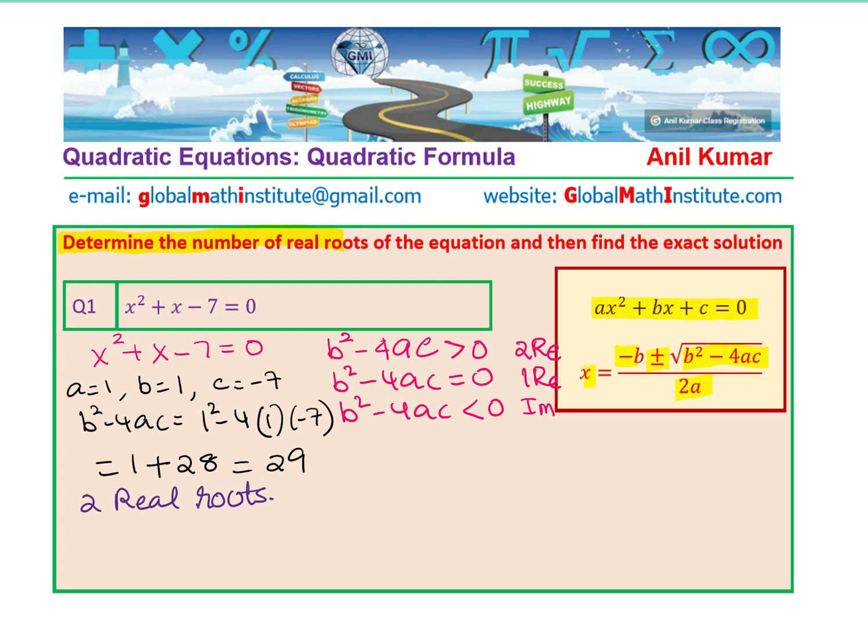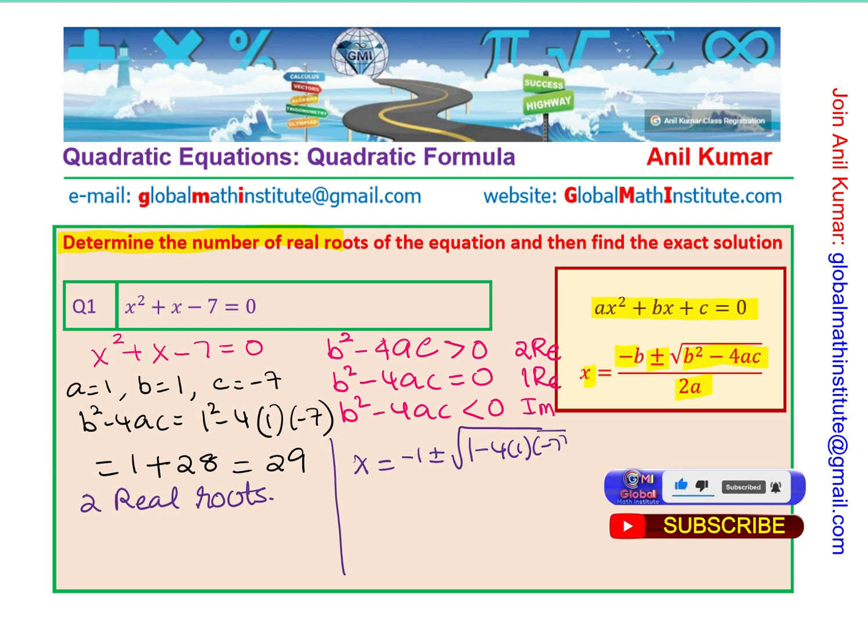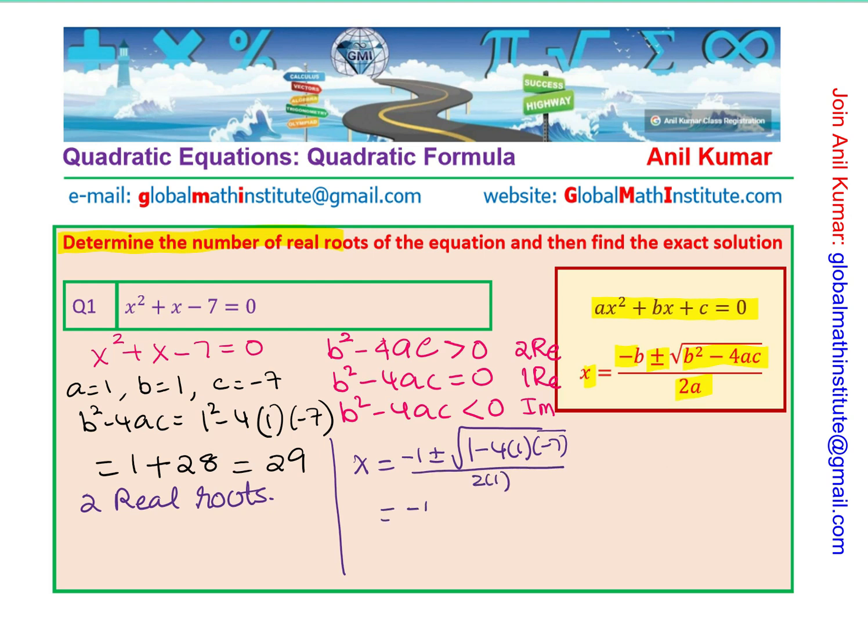Right. So that is the first part. Now let's find the real roots. To find the real roots, let's write down what x equals. Well, x equals minus b, which is minus 1, plus or minus the square root of b squared, which is 1 squared, minus 4ac. We already calculated this inside part. Let me rewrite: minus 4 times 1 times minus 7, over 2 times a, which is 2 times 1. So that basically is minus 1 plus or minus the square root of 29,